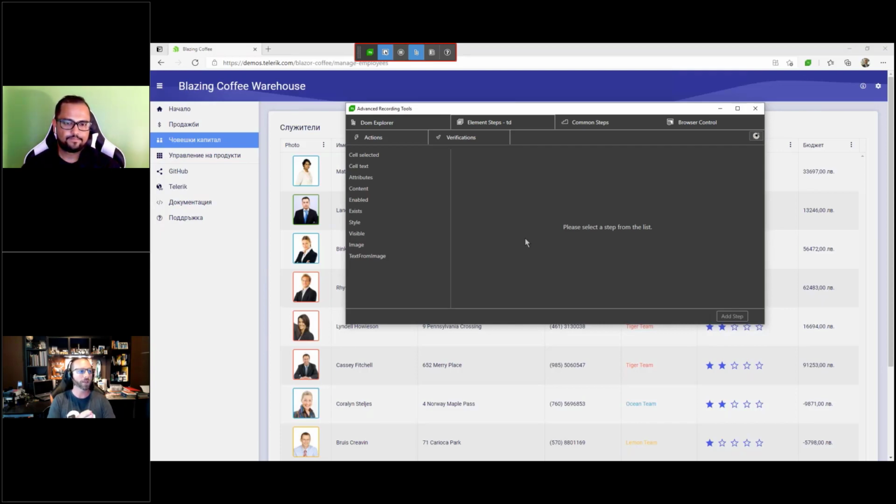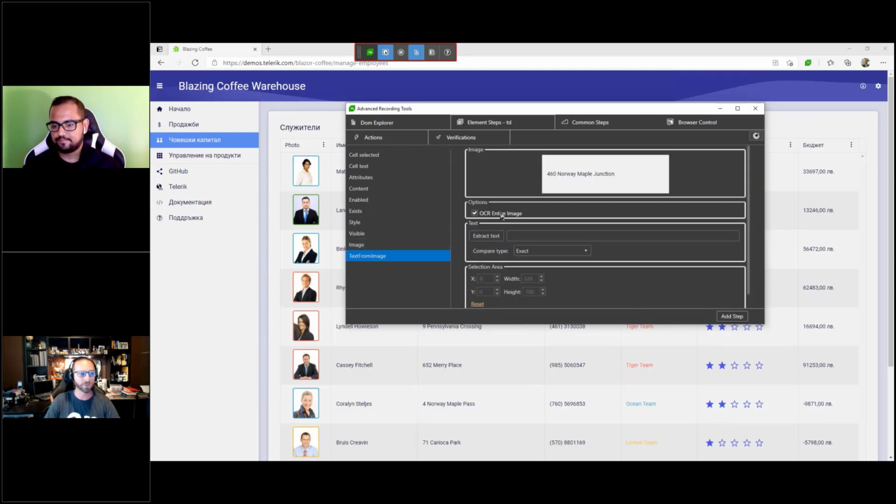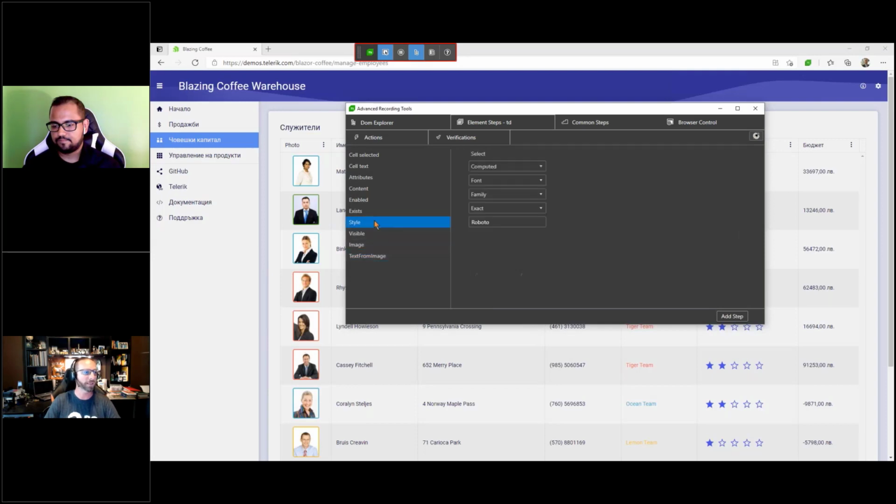And then you have advanced recording toolbar to do even more stuff. Image verification, text from images in here as well. This is where that OCR can come into play. Stylistic verifications too. So really, we've covered all the options here, and even more actions, drag and drops and hoverovers,